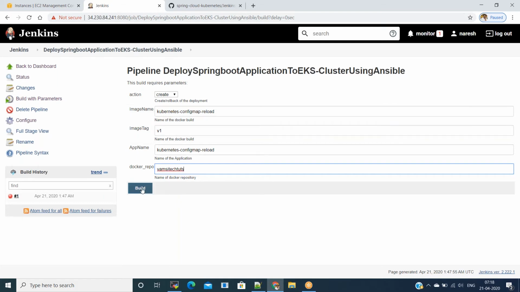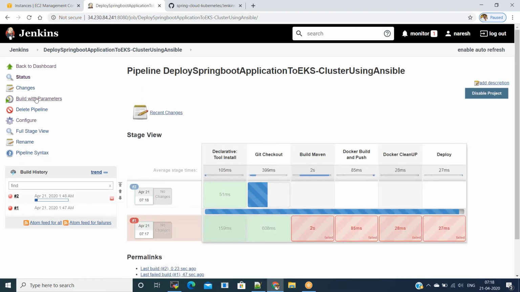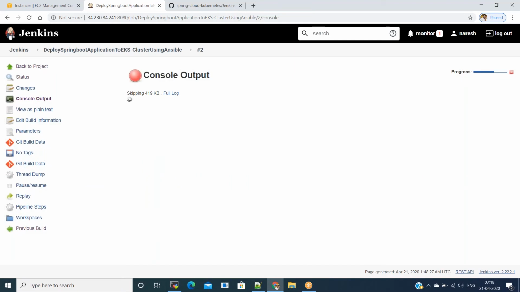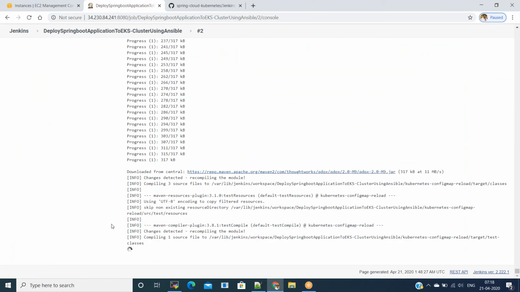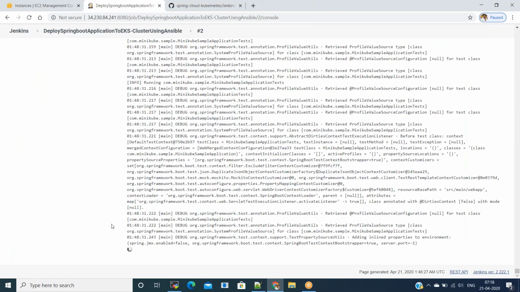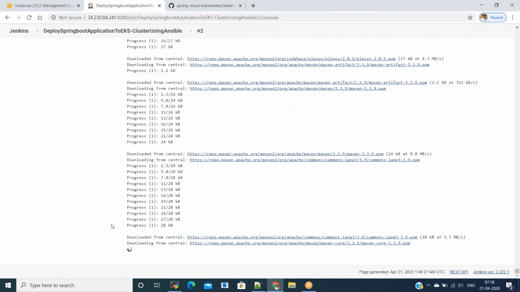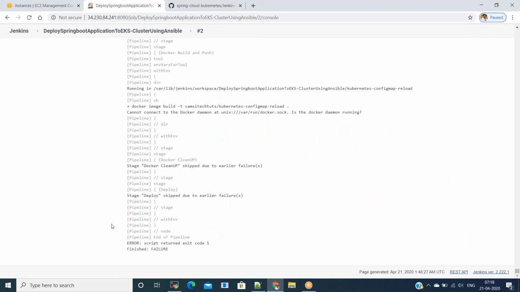Click on build. Now you can see the console output. It started downloading the artifacts from Maven repository, and this is success, and it failed saying is the Docker daemon running.